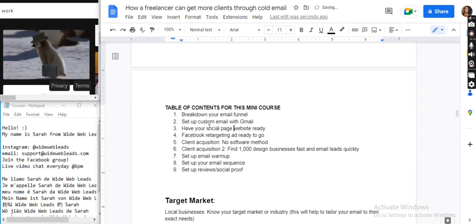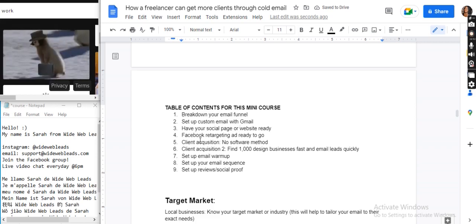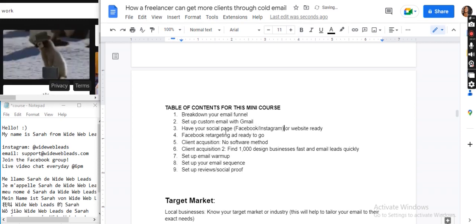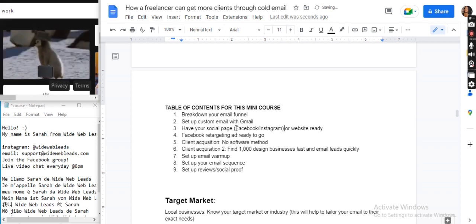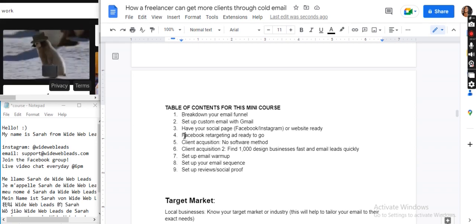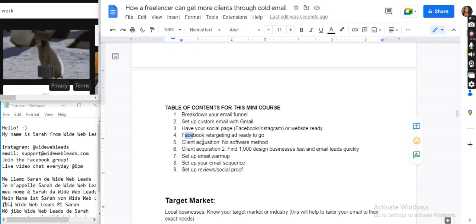But you definitely need an email. And the social page that I'd recommend is either Facebook or Instagram, because we'll be talking about retargeting ads. And every single business owner on this planet appears to have either a Facebook or Instagram page, so that shouldn't be a problem to get this going.